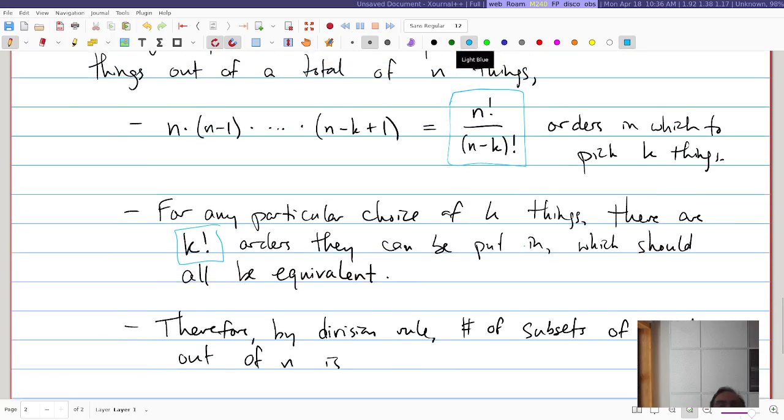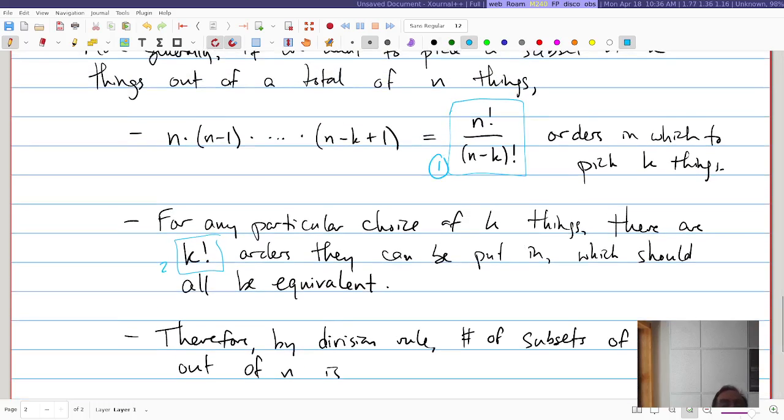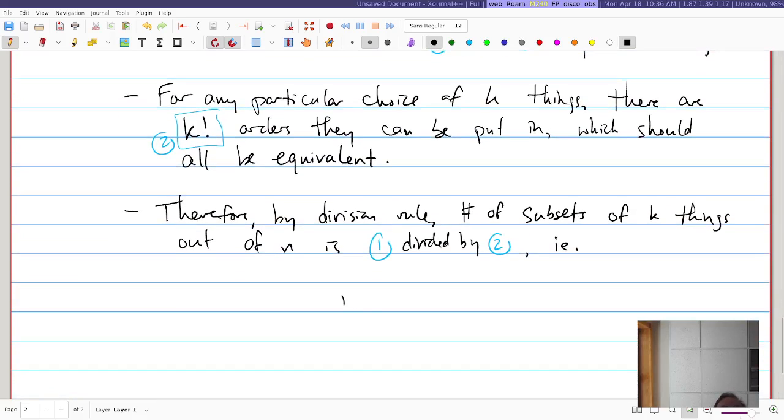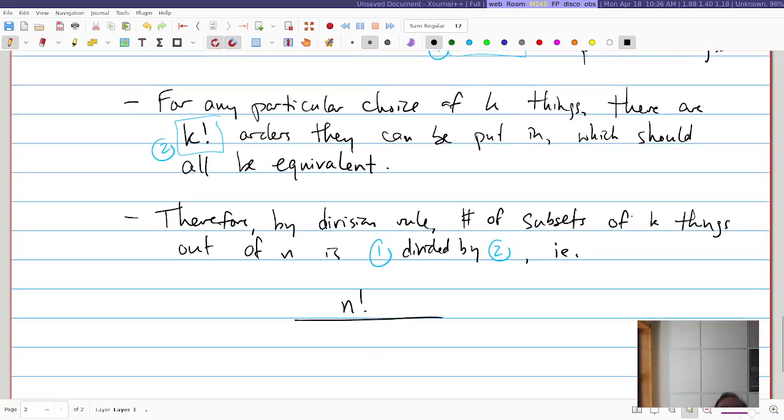I'll say this is number 1, this is number 2, is 1 divided by 2. That would just be n factorial divided by